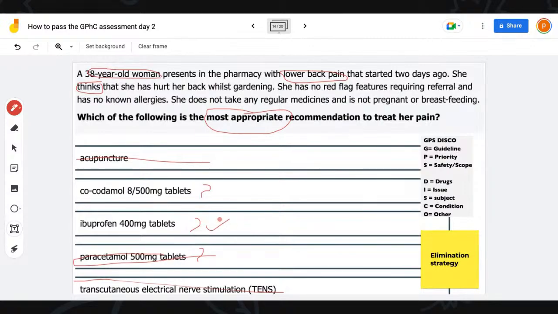But the second choice is, okay, let me ask you guys a question. If, for example, this patient was asthmatic, what would be the option? And that's what tomorrow will be about. I know some of you might have seen this GPhC question, so maybe you might be answering from seeing the answers already. But let's add something to this. If that question said the patient was asthmatic, what answer would you go for?